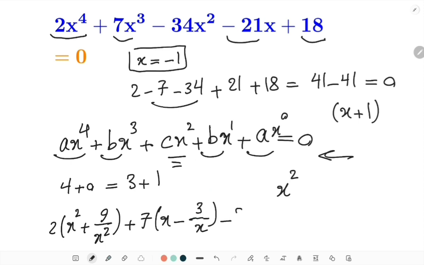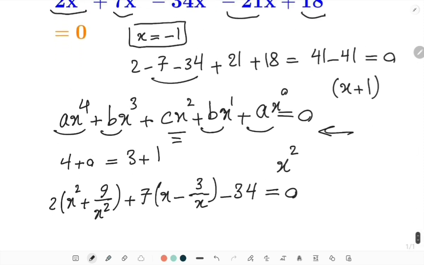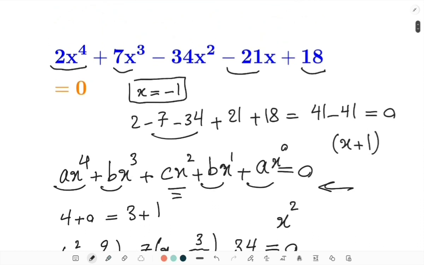Minus 34, this is equal to 0. So here, if I take x minus 3 over x to be some new variable such as t, this parenthesis here can also be written based on t. It's not difficult to prove this. So the trick here is that you see, well, if you factorize